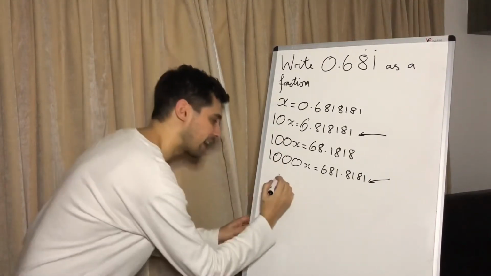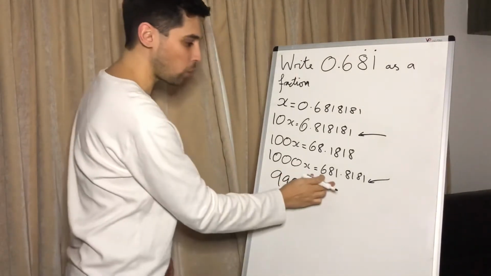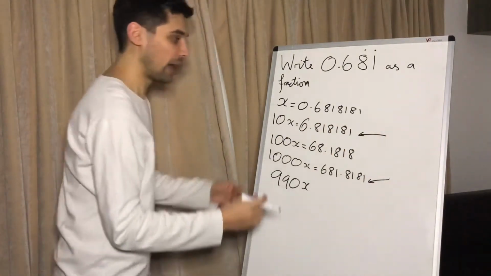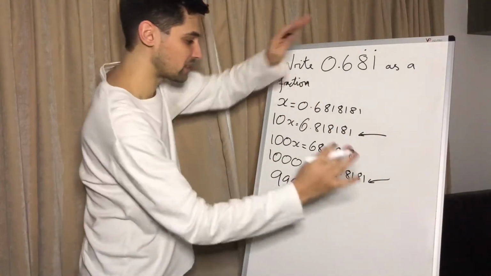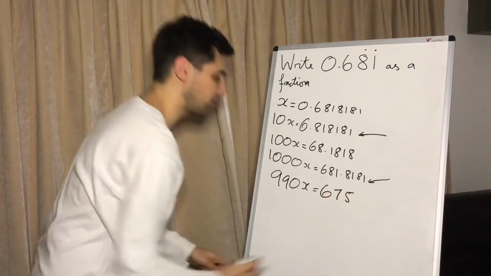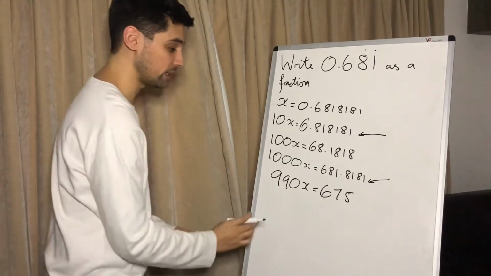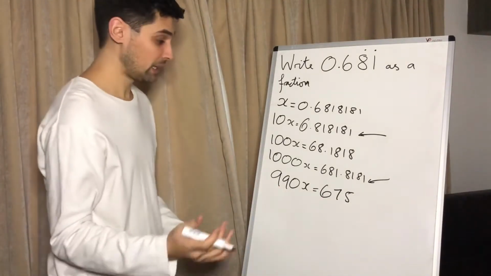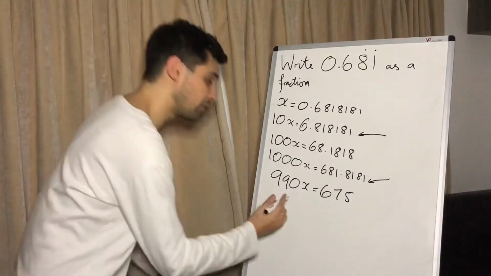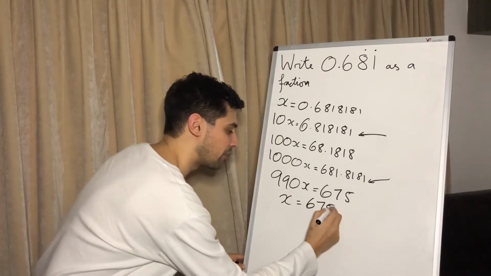1000x minus 10x is 990x. 681.8181 take away 6.818181. As we said, everything after the decimal point will cancel out. So it's just going to leave us with 675. Now all we need to do is divide both sides by 990, therefore getting the x by itself. Because as we wrote at the very beginning, x equals this decimal. So if we divide by 990, it's going to be x equals 675 over